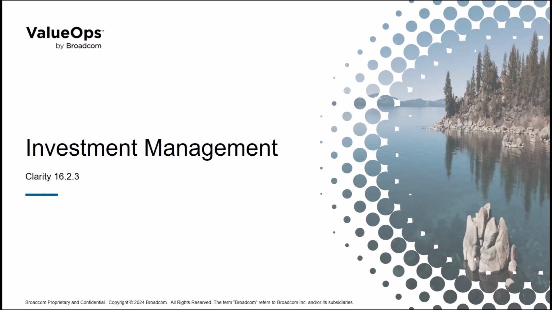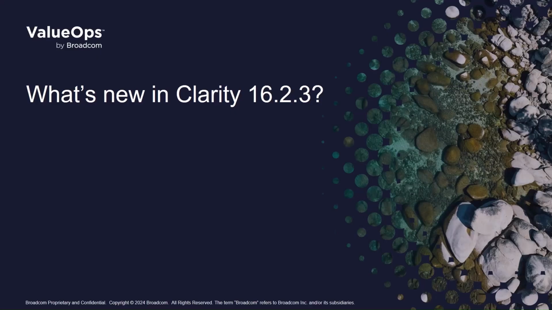In this video, I'll show you new improvements in the area of investment management. After upgrading to Release 16.2.3, the Clarity Administrator has the option to grant a new global access right, which allows the user who has investment edit management permissions to see a new action named Update Cost Totals. Providing the action to update investment total costs, controlled by an access right, allows for greater governance in managing critical